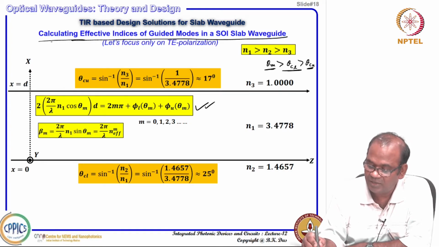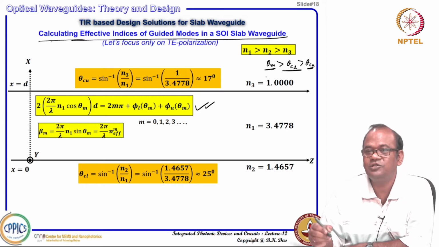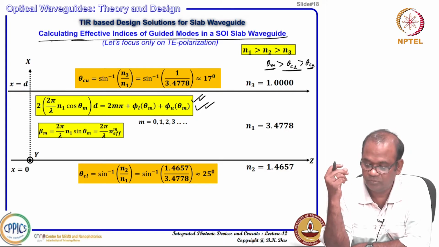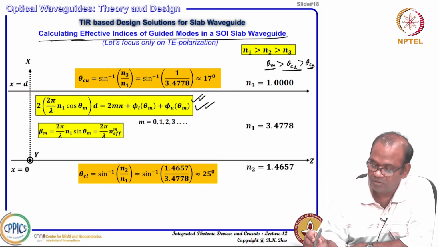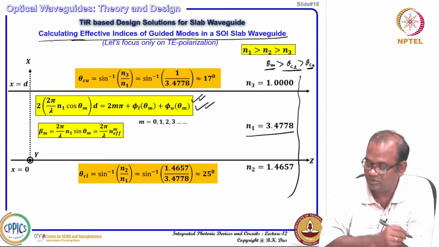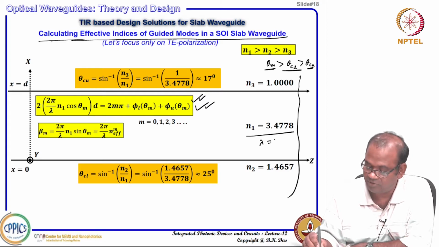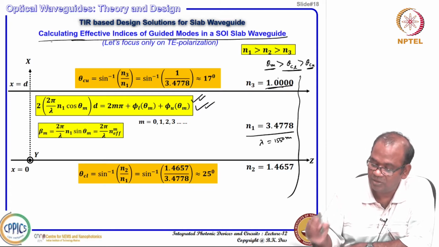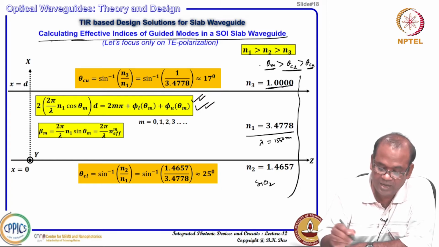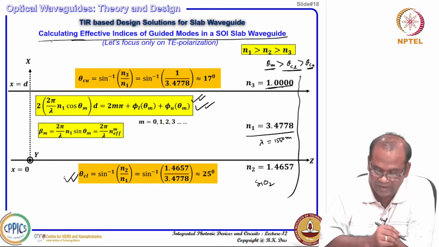Then I can say that the solutions are not only ensuring total internal reflection, but also ensuring the phase condition to form a mode. So, I try to find the critical angle for the silicon on insulator substrate, where N1 is the refractive index, and lambda is obviously around 15 nanometer wavelength. At the same wavelength, the top layer is air, that is 1, and the bottom layer is silicon dioxide, 1.4657. Utilizing this, I calculated the critical angle